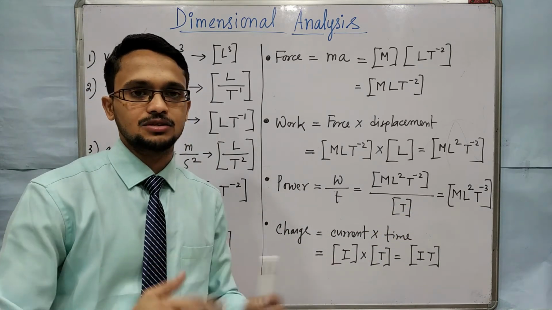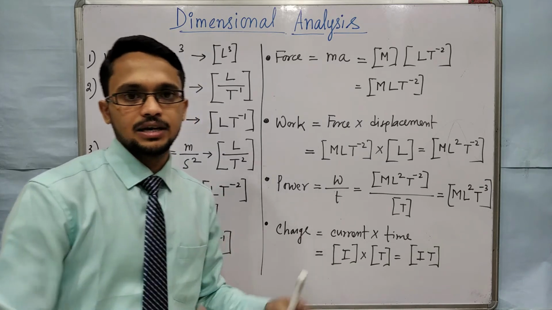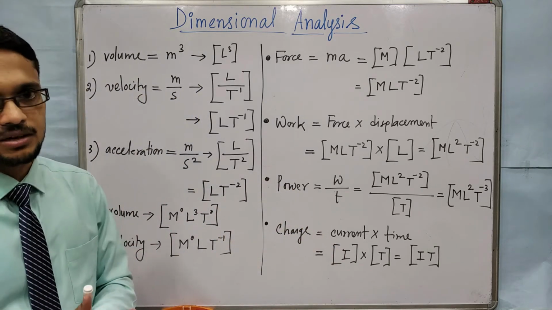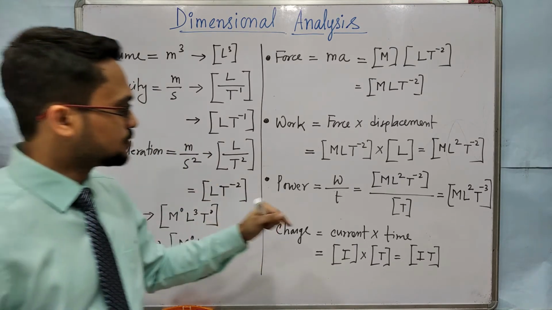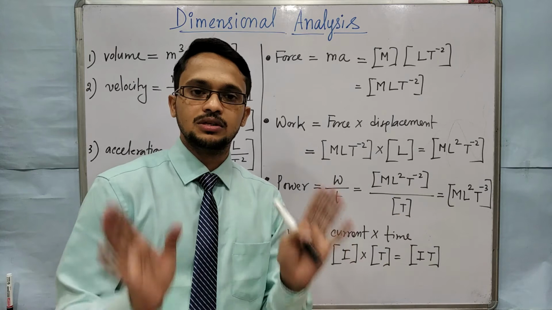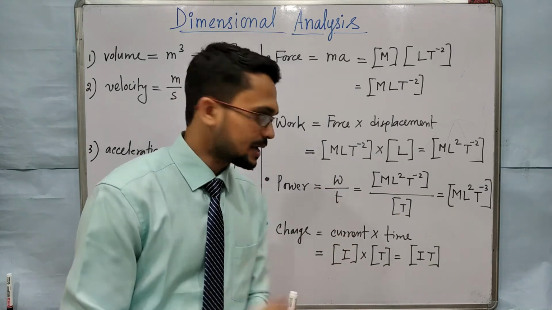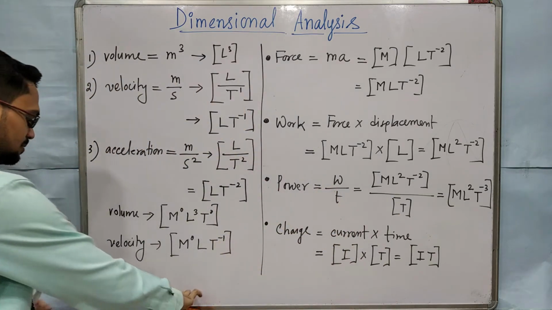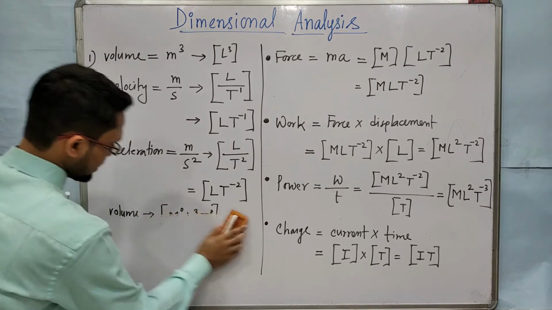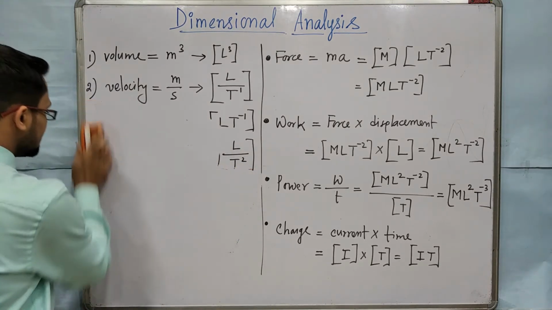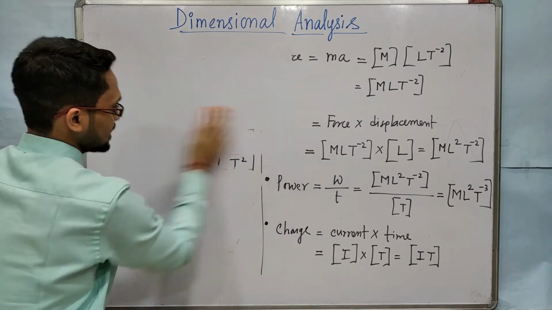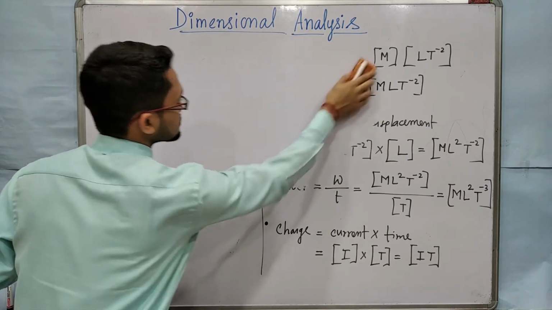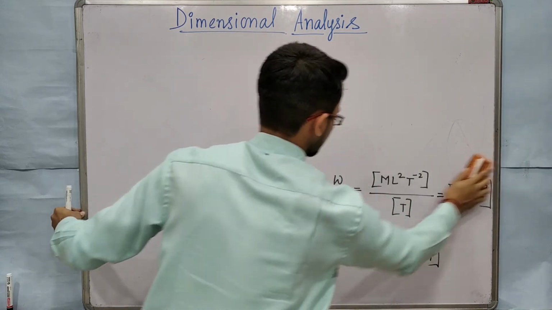And in physics, as you go on from chapter to chapter, you will get lots of new physical quantities, and in every chapter you have to calculate the dimension of those new physical quantities. Okay, so one by one, as we proceed from one chapter to another, we will see what the new physical quantities are, and at the beginning we will write their dimension.